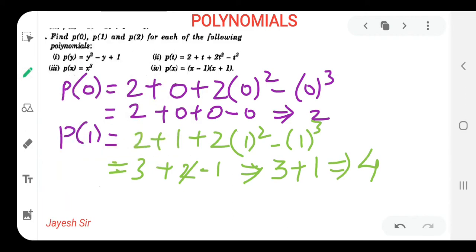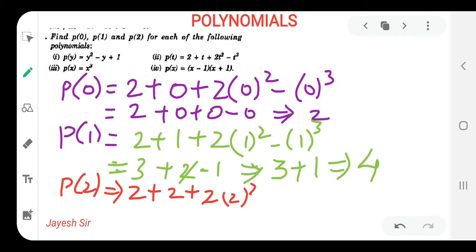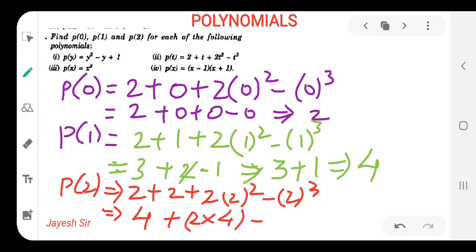Yes. Now let's solve our same sum only by putting the value as 2. 2 as it is plus 2 square minus 2 cube. Now what we'll do? 2 plus 2, 4 I know. 2 into 2 square, that means 4, minus 2 cube, 8, we all know. Now what we are supposed to do? 4 2s are 8. I am having 8 rupees in my pocket and I want to give only 8. So I will cancel this over here. So I am left with only 4 rupees. I hope you all might have understood it properly.